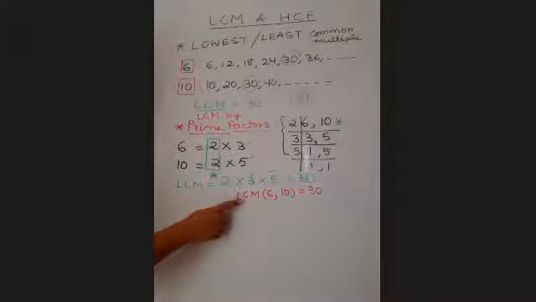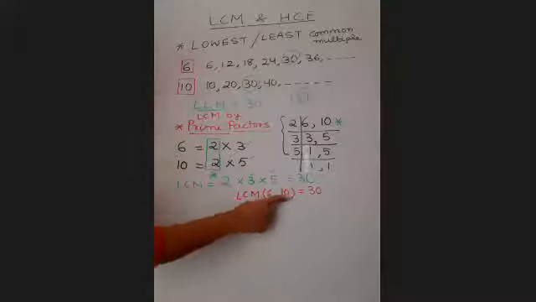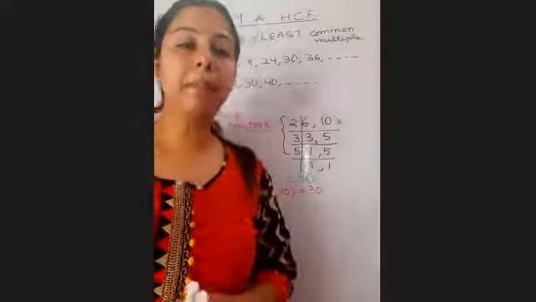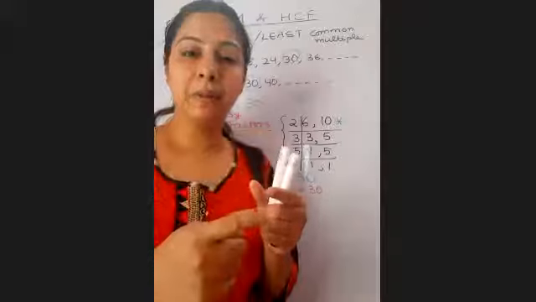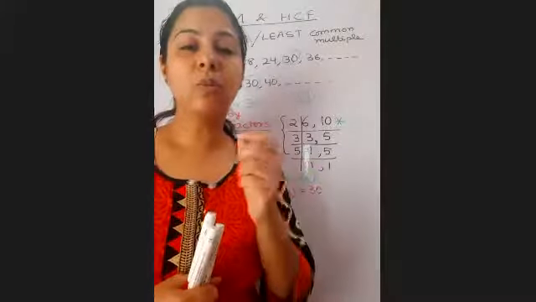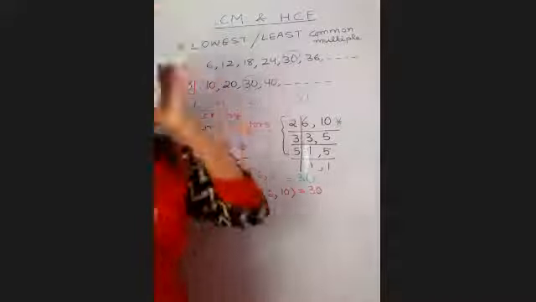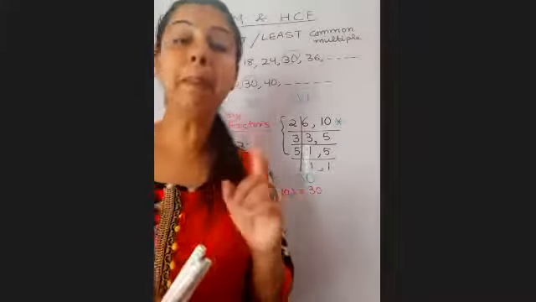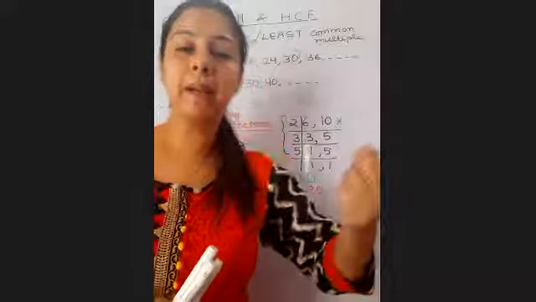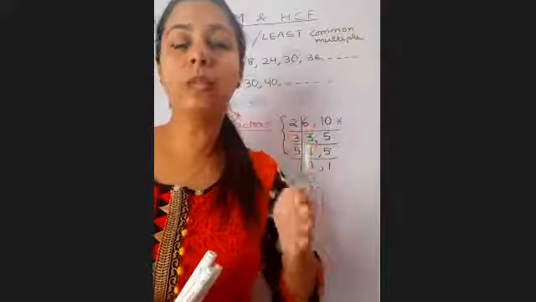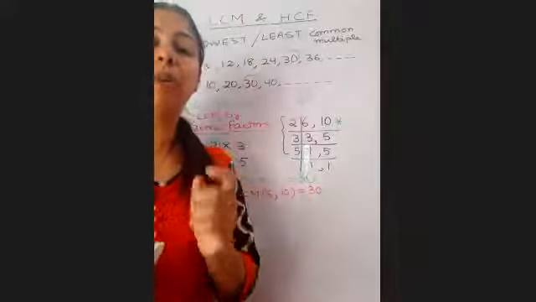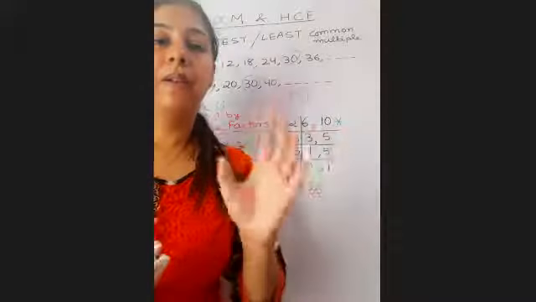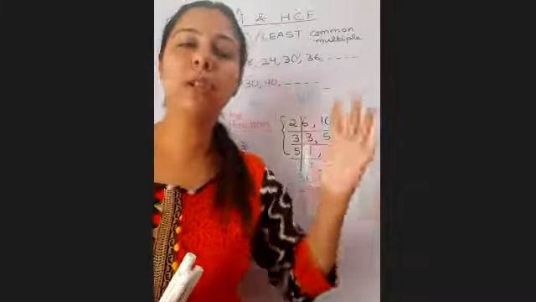And you should know that LCM of two numbers, जो LCM होता है दो numbers का, because it is multiple. Use common sense बेटा. जब भी आप multiples लिखते हो, suppose you are writing multiples of 12, can you tell me the smallest multiple of 12? सबसे छोटा. Multiple means multiply. If you multiply 12 by 1, we say 12 into 1 is 12. So which is the smallest multiple of 12? 12. The number itself will be the smallest multiple.